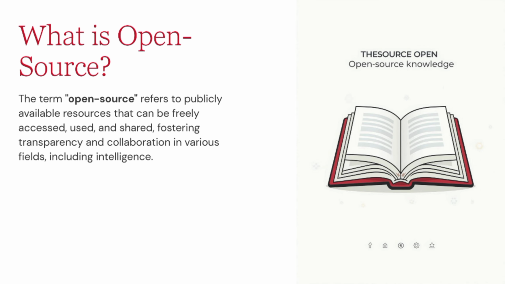What is open source? The term open source simply means information that is publicly accessible. This includes news websites, social media platforms, public records, government reports, satellite imagery, and many other open resources. If the public can legally access it, it can potentially become part of OSINT. Transparency and accessibility are what make open source information so powerful.